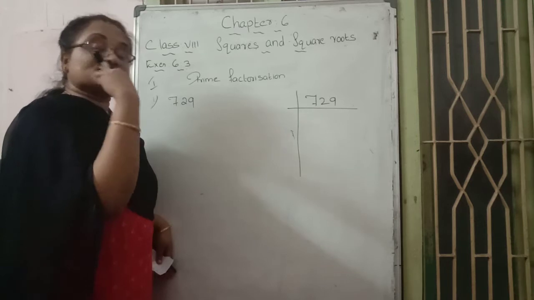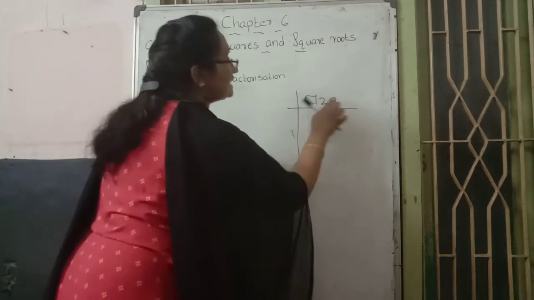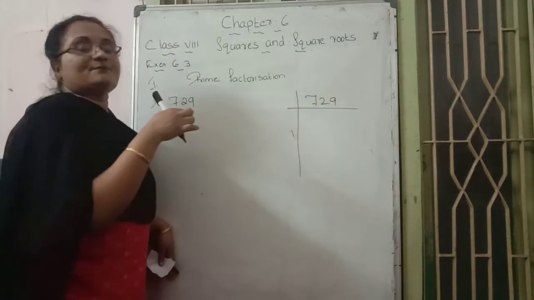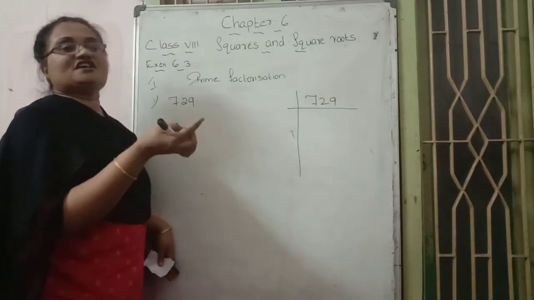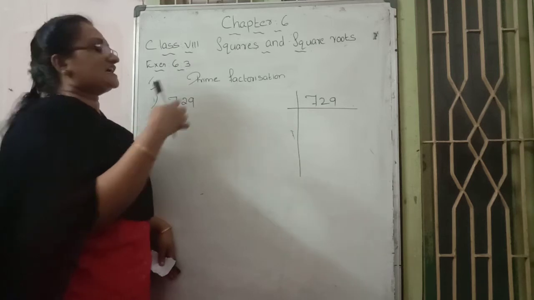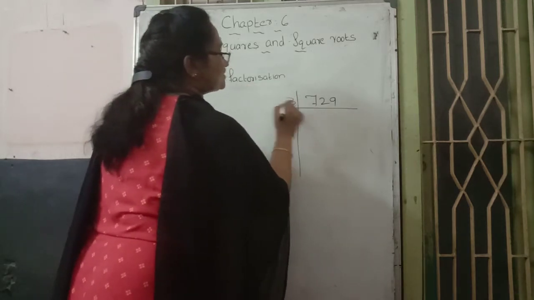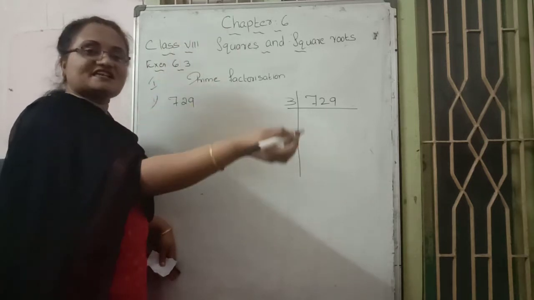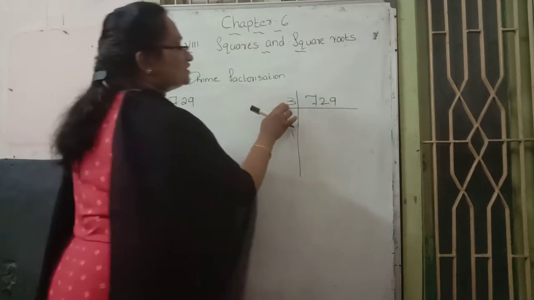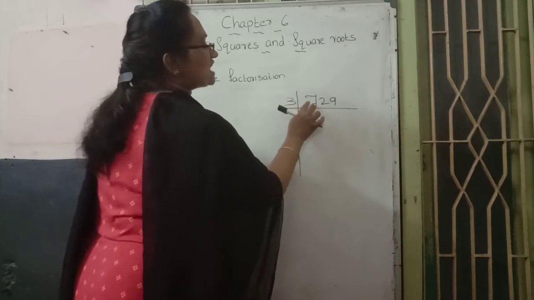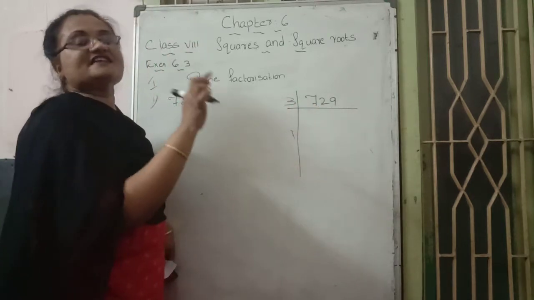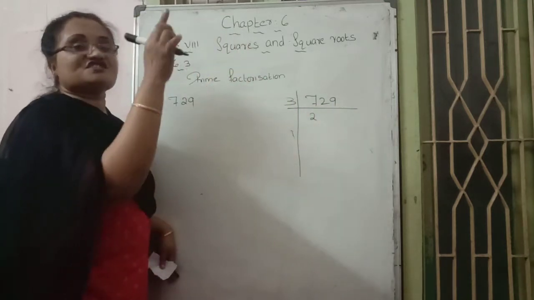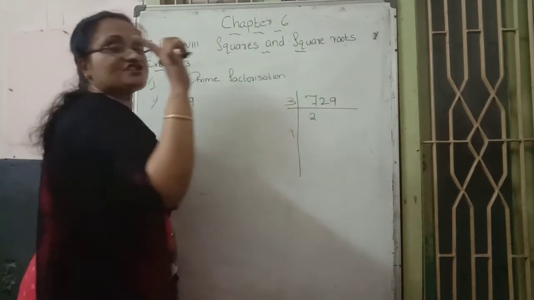The divisibility test of 3 says to add the digits of the given number. 7 plus 2 is 9, and 9 plus 9 comes to 18. 18 is a multiple of 3. That's why we can say this number is divisible by 3. Do it by mind calculation, or take the number separately and divide. Mind calculation: the 3 table for 7. The nearest answer is 3 twos are 6, so 2 as quotient. 3 twos are 6, and 7 minus 6 is 1.